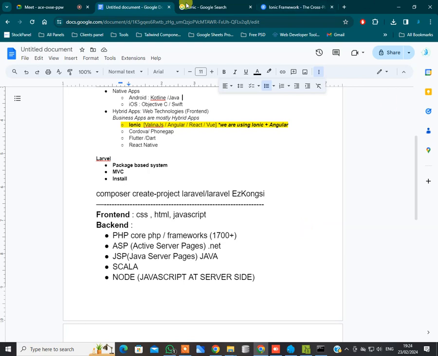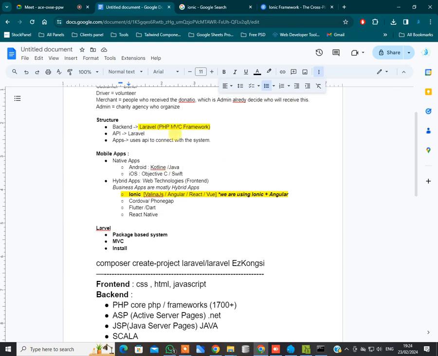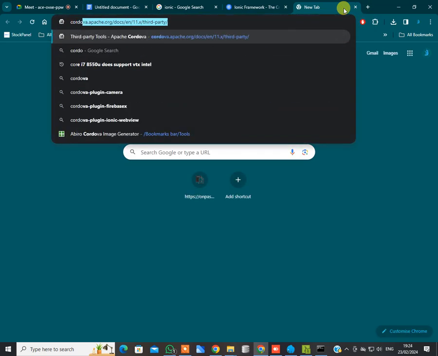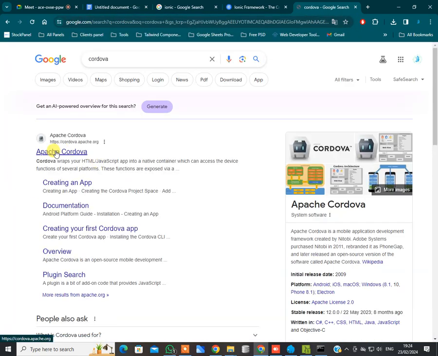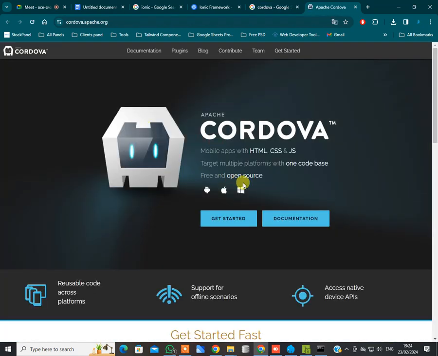So what happened? For hybrid apps, there was Cordova and PhoneGap. Cordova is from the Apache company. It was an open source, first release for mobile apps with HTML, CSS, JS. All of us know that HTML, CSS, JS are web technologies. Their concept was to build the apps